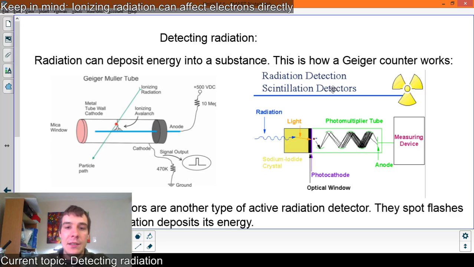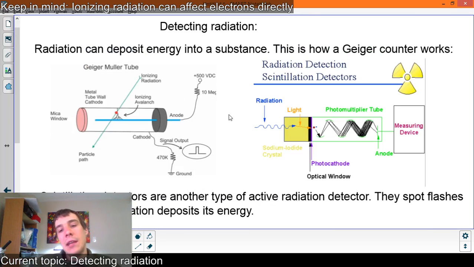Another design is the scintillation detector, where the radiation comes in and hits a crystal. The crystal creates light in response because the energy has to go somewhere. It just turns into light energy. And then it comes in, knocks an electron, because that's what radiation does. It can affect electrons directly. And it goes through this thing called a photomultiplier tube, where the light amplifies along the way, and then that hits a measuring device, and that gives you a little click, just like the Geiger counter click. So two different types. That's how radiation detectors work. These are both active radiation detectors, so they only detect radiation that is currently there,